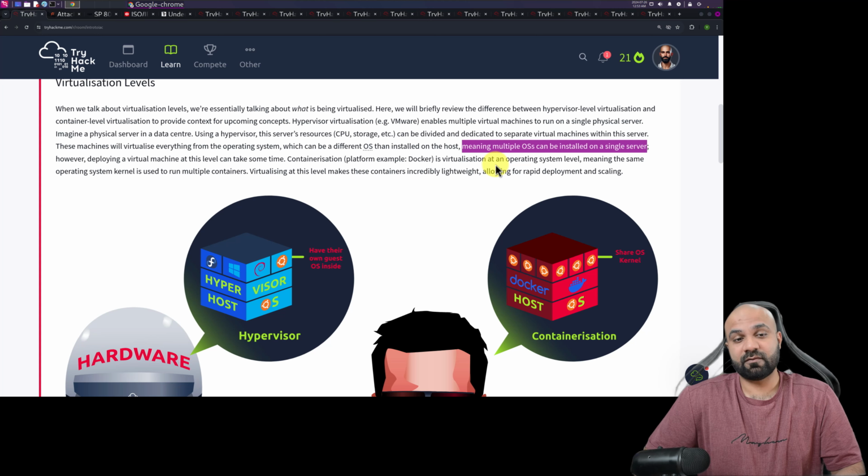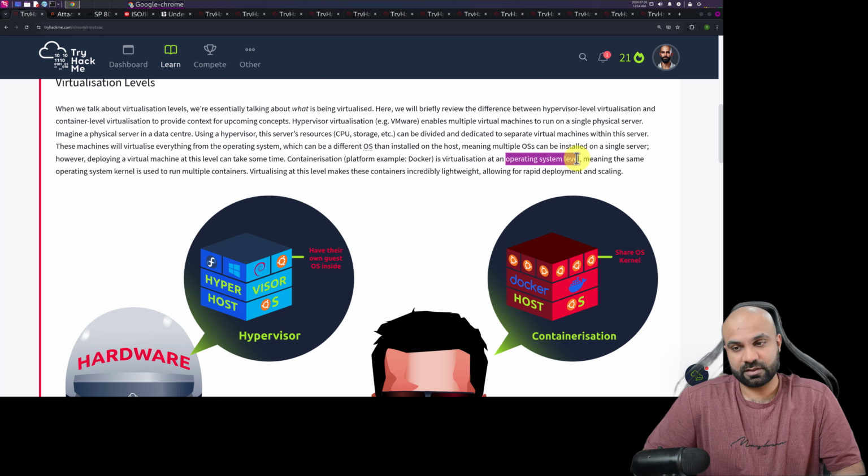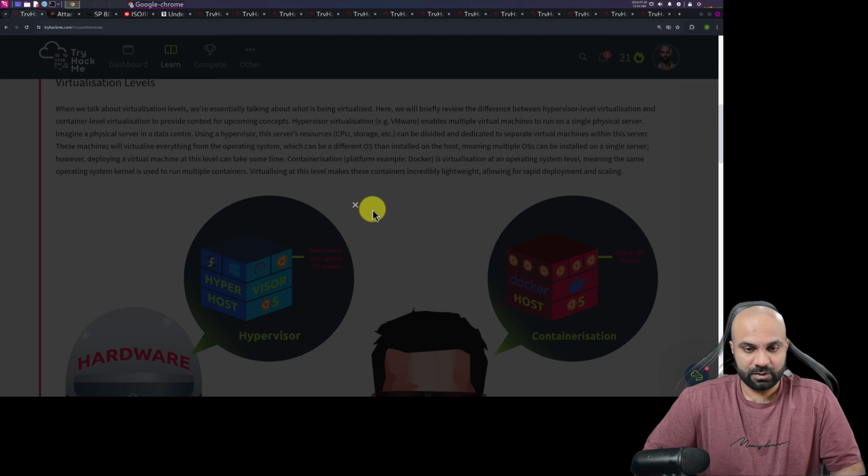That means there will be a lot of overhead, which Docker containers don't have, because they virtualize the operating system which is already on the host. That's why it is very lightweight as well.